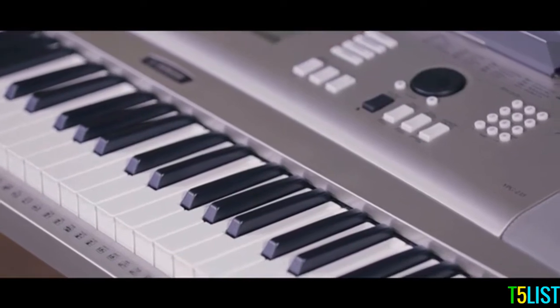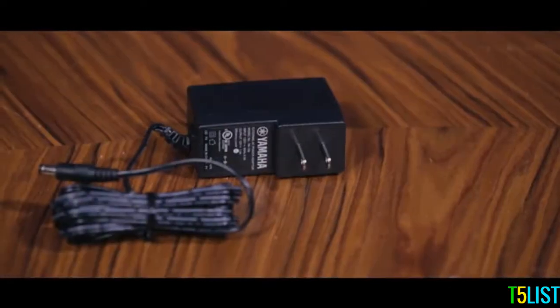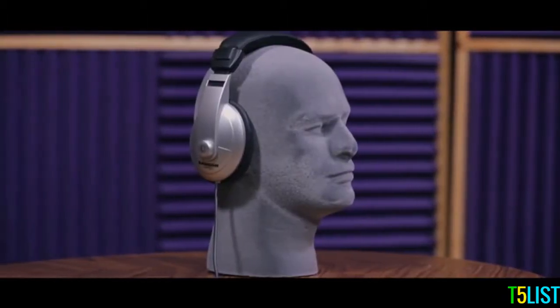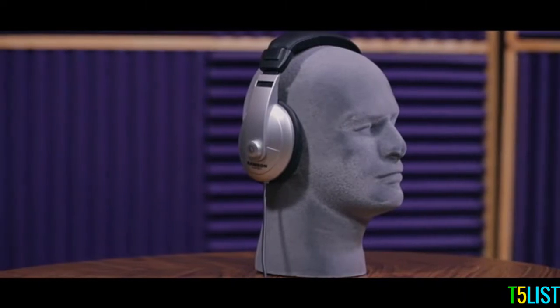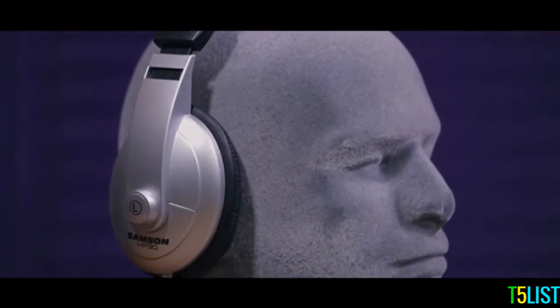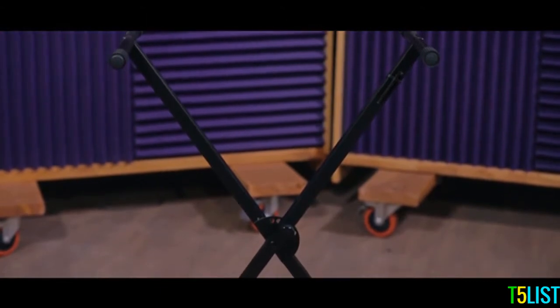Even though the YPG-235 can run on 6 D-size batteries for portability, the inclusion of a Yamaha power supply in this pack is a handy bonus, along with the pair of Samson HP30 headphones, which are great for private practice sessions. These lightweight closed-back headphones provide crystal clear sound and have an adjustable headband for added comfort. The included X-Brace keyboard stand can be set at your choice of 5 different heights and features a spring-loaded knob